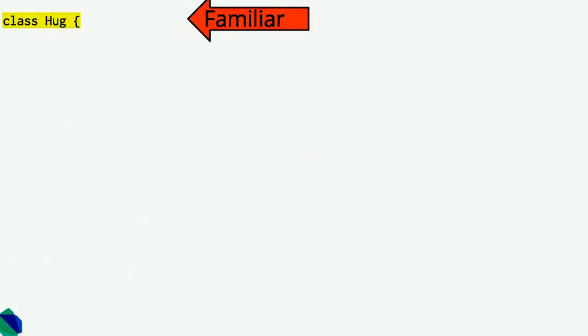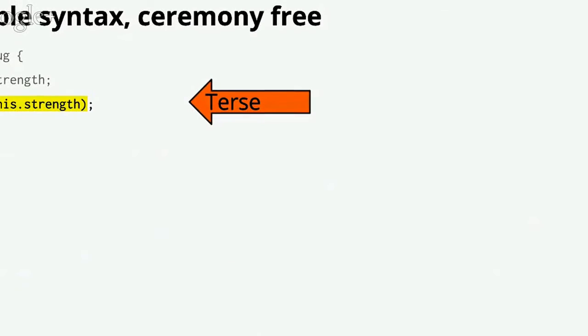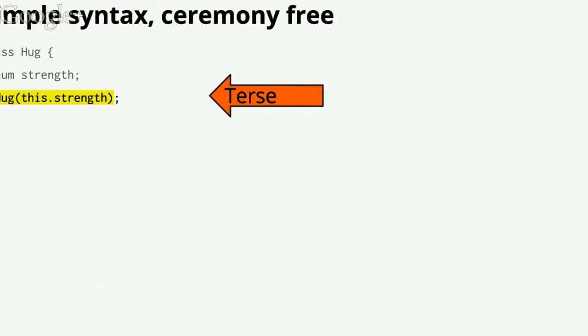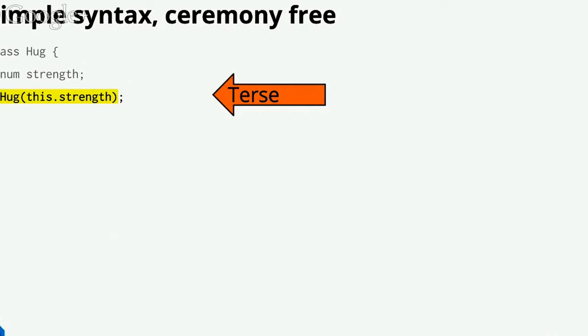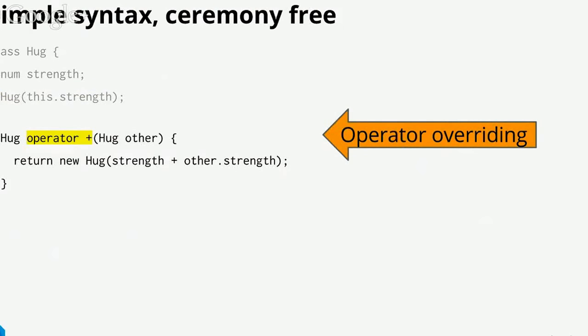So you might already know how you declare a class in Java. So the syntax is very familiar for you. It would be: class, the name of the class, open brackets, and a constructor. So you don't have to be verbose in typing out every statement that you have. To create a constructor for class Hug, you will say Hug(this.strength), which will basically create a new constructor. As soon as you pass a number to this constructor, it will create a new object of this class Hug. And you can do regular stuff like operator overriding, so that whatever code you write